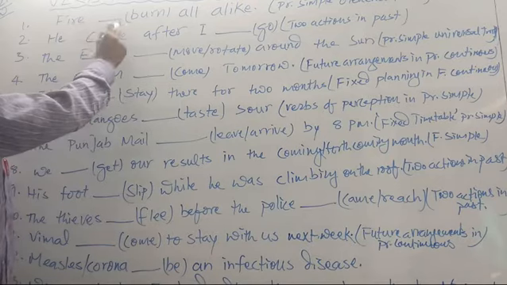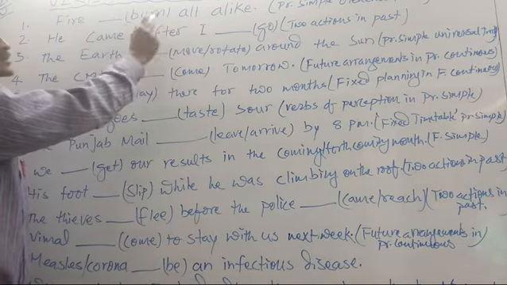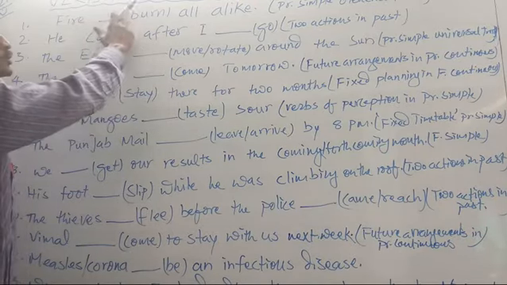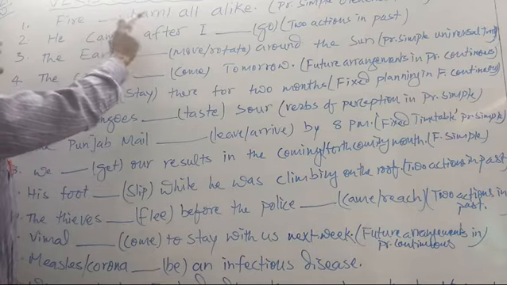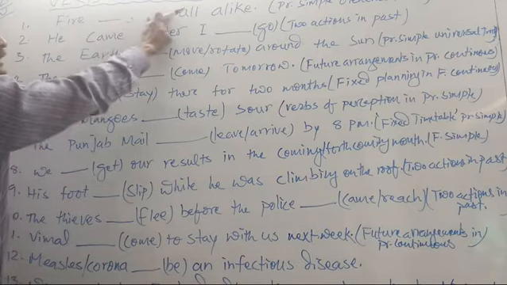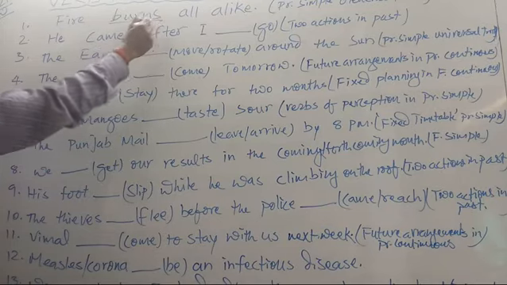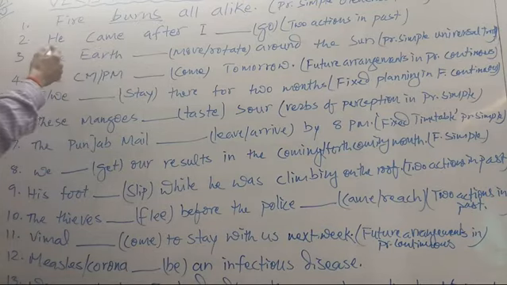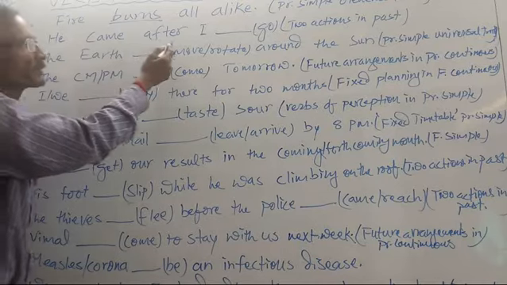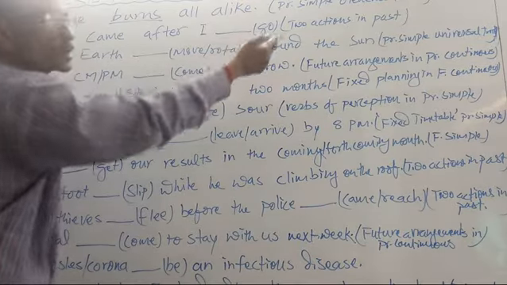So fire dash burn all alive. So it is the case of general truth. So we have to put it in V5 form, like fire burns all alive. Fire burns all alive. The second sentence is coming up like he came after I dash go, two actions in